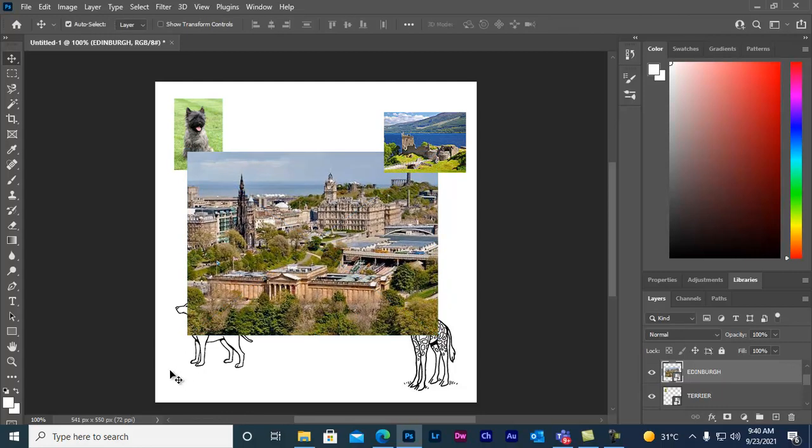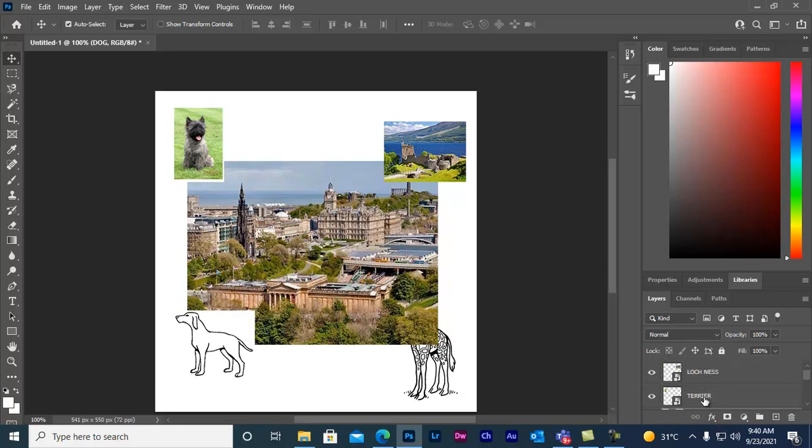Now hit the Enter key. Now see, we want to bring this dog in front of this, terrier also in front of this. So bring the terrier here. See, terrier here. Okay, next the lion is in front of this, it is already in front, so we will bring the dog layer before this. See, it is coming here. And next is the giraffe, so we will bring this giraffe before this. See, it will come here.